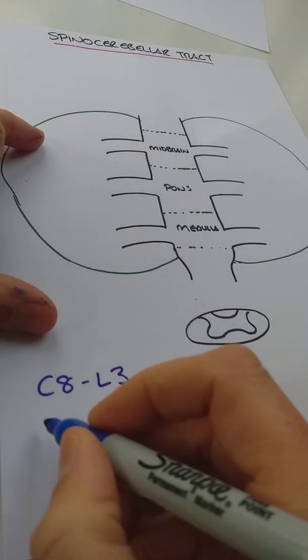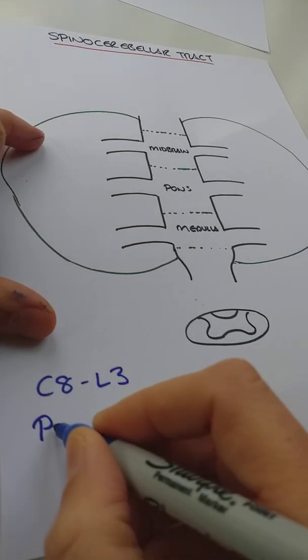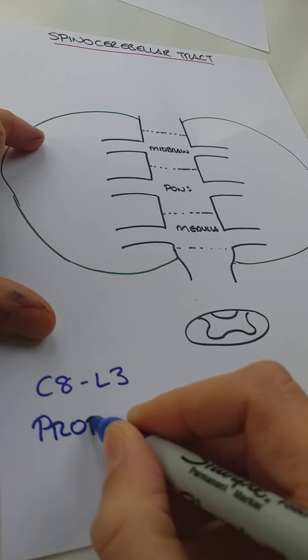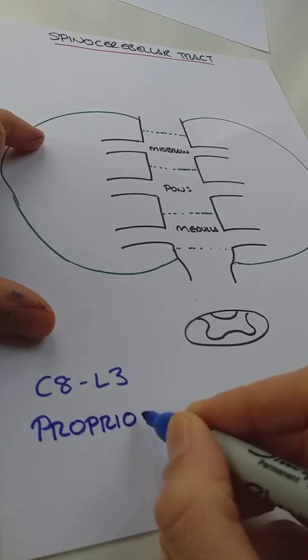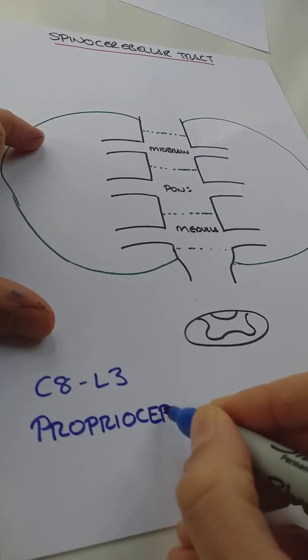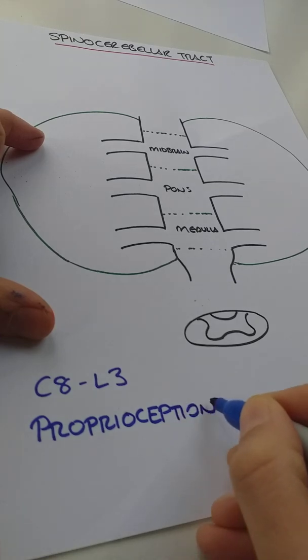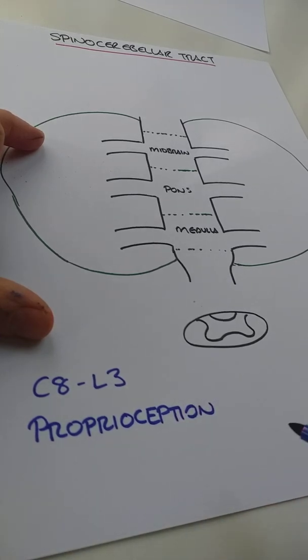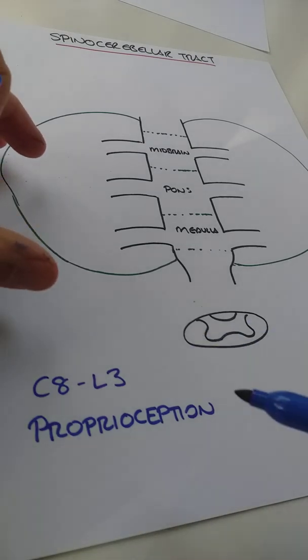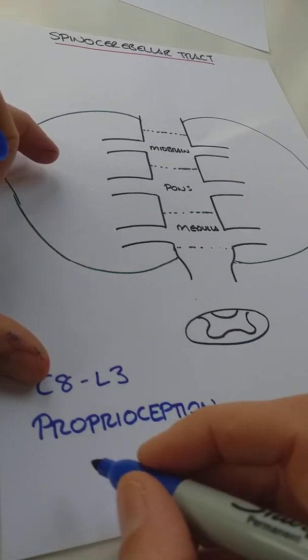This is responsible for proprioception, which, as a reminder, is the unconscious perception of where the body is in space. So that's the main thing, but also muscle tone,